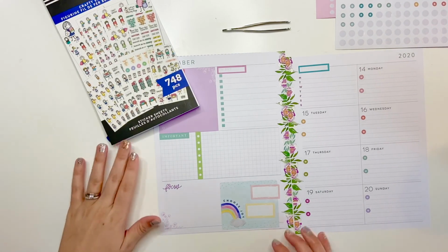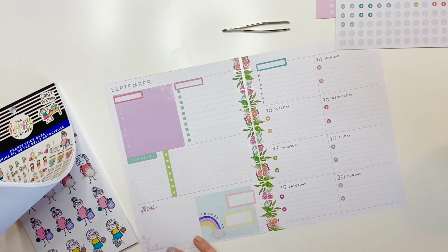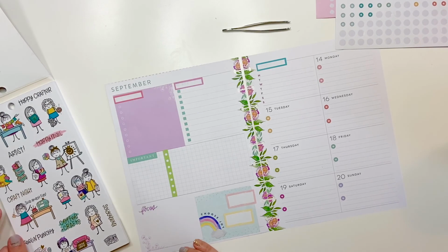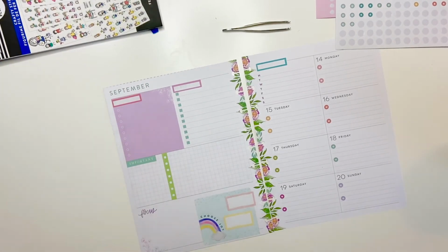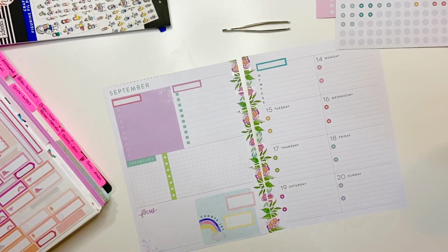I could really use some quote stickers on here. Well, hold on. Let me see what I can do with the Stick Babes first. Oh, hang on. I'm not done with boxes, guys. I forgot. I'm supposed to have a box on each day for my